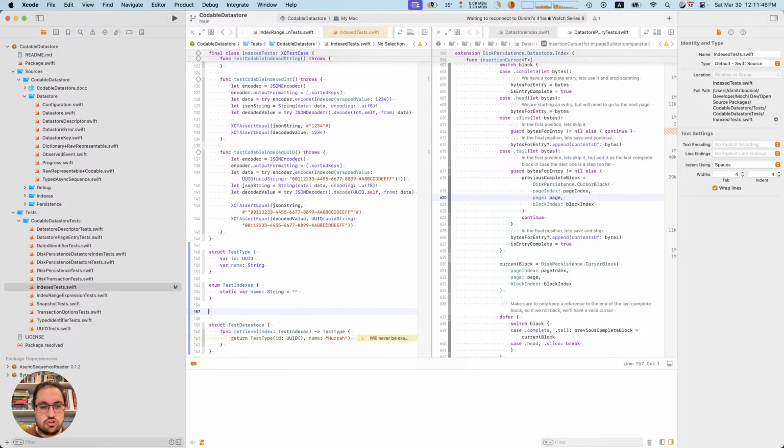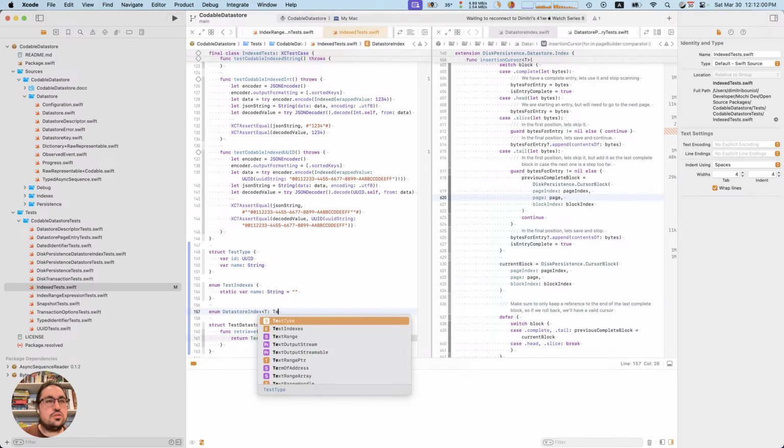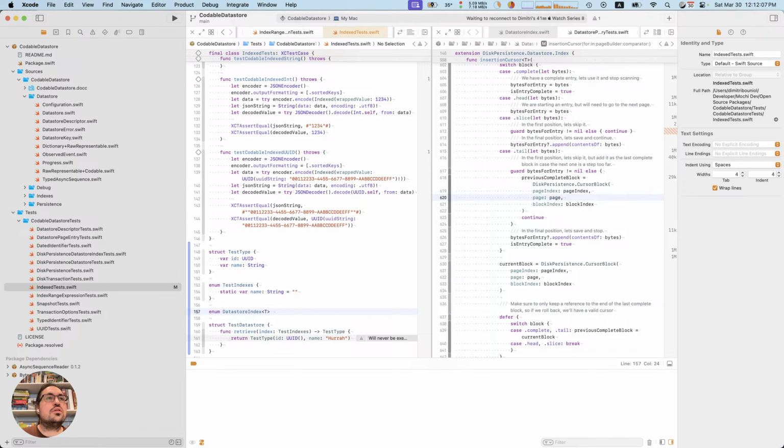So let's say we have a generic type called data store index, and this takes a generic T. Okay, I'm liking this a little better, I think.